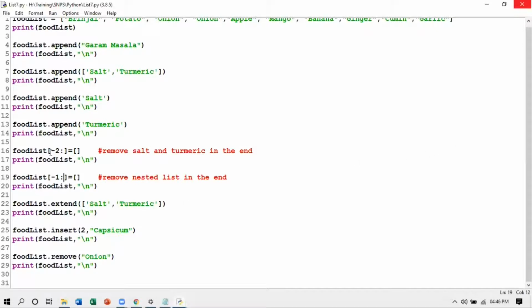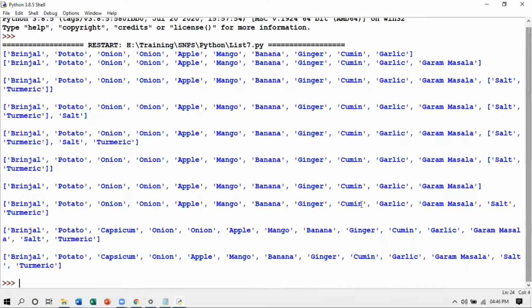So this is how we are removing items from the right hand side. See, salt and turmeric are removed. Then this nested list, salt turmeric together, is also removed. Nothing means till the end.